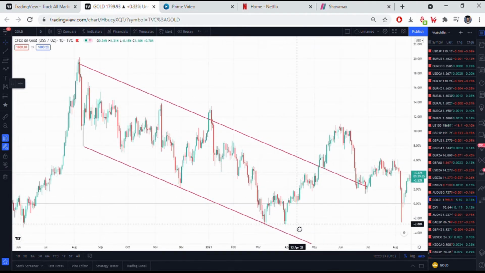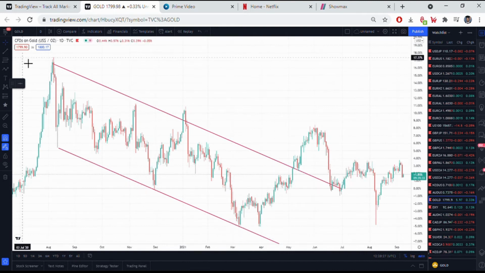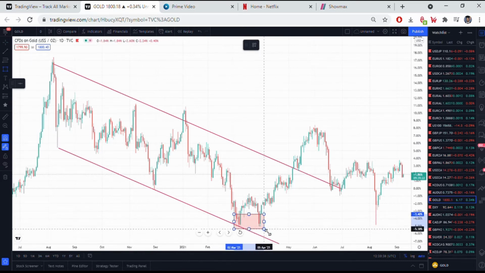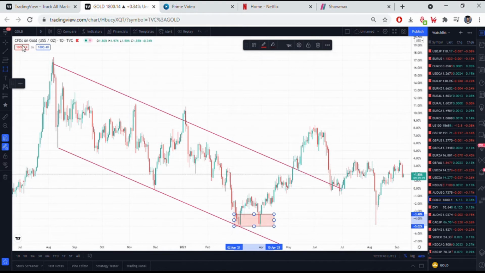However, when it came here, it bounced twice. There was this level and this level, creating a double bottom. The double bottom is known when the market respects a specific point twice without breaking that level. This level was respected twice in a row, and this is on a daily chart. It was respected on the 8th of March and also on the 30th of March. I bet that the swingers lost their mind, because now the market started pushing to the upside, and you know really how you trade. Now, question becomes, how do you trade a double bottom?